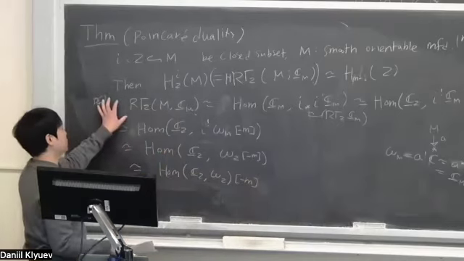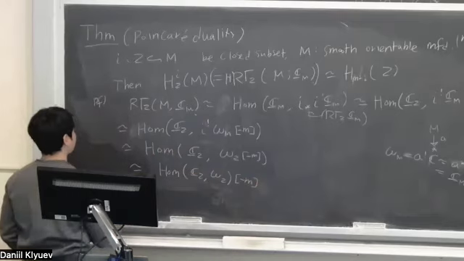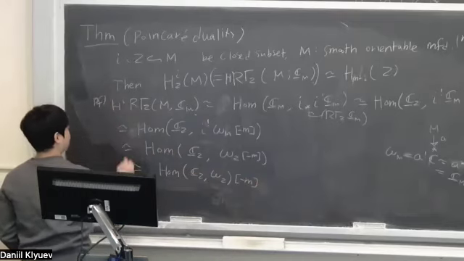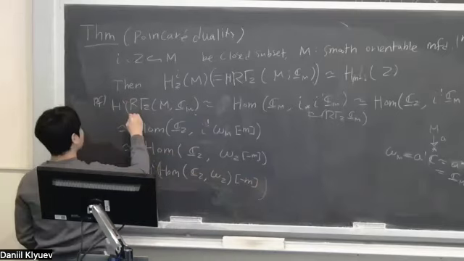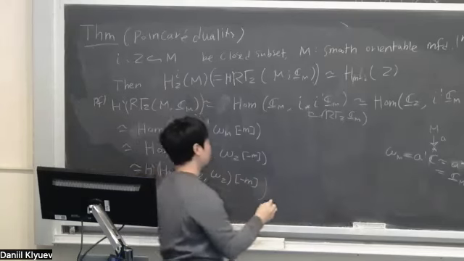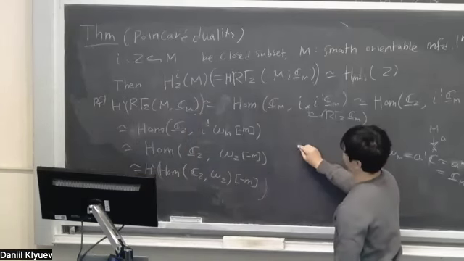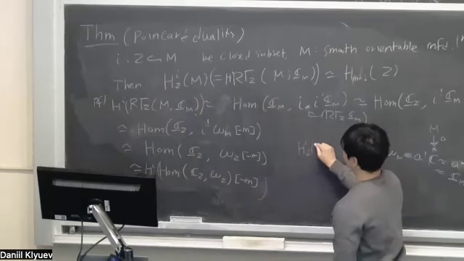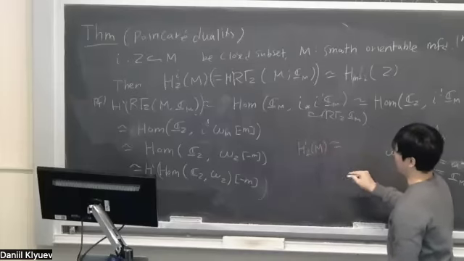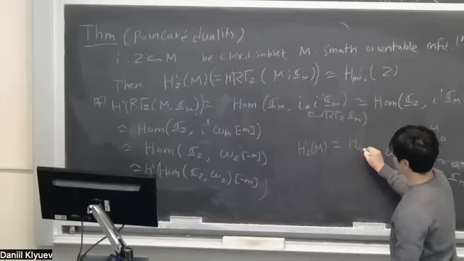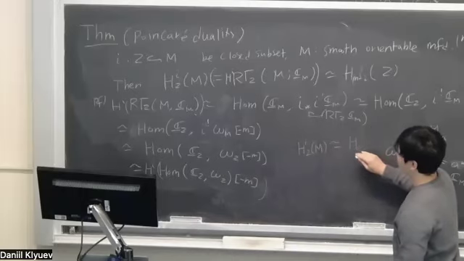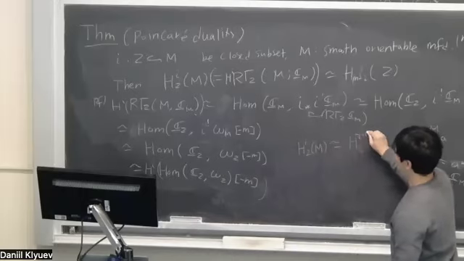So by taking H^i here and here, we get H^i_Z(M) isomorphic to H^{i-m}